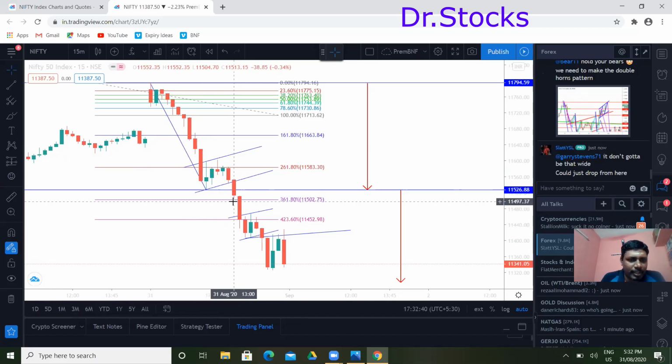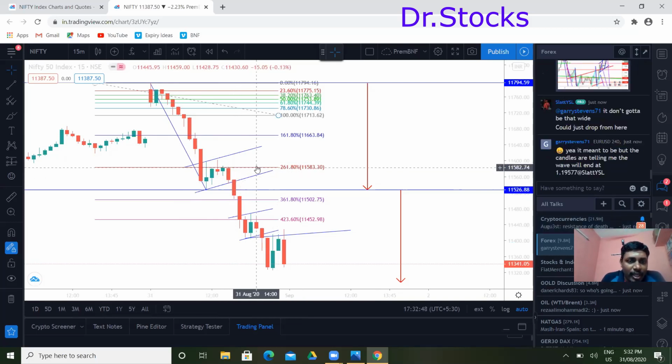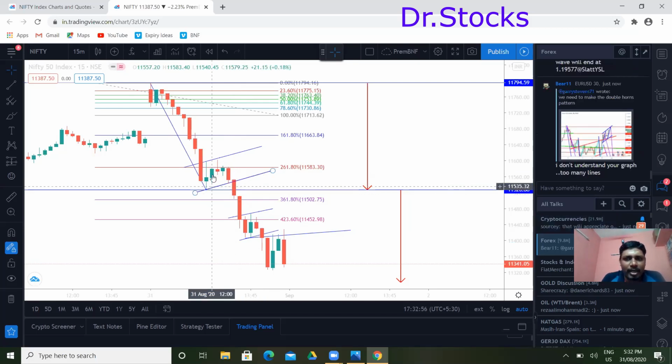Now what is happening is this is the flag and it is trying to form an ascending channel, but the ascending channel is getting failure here. So from this point again you have to initiate a short. That is what this particular thing is saying, and that is the flagpole pattern, the inverted flagpole pattern I am trying to say here.